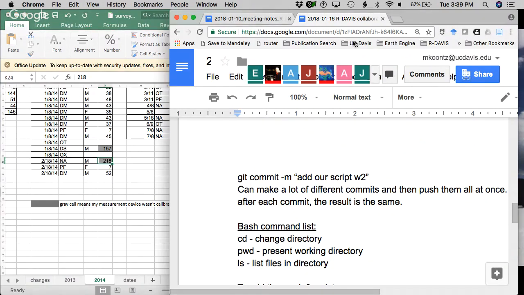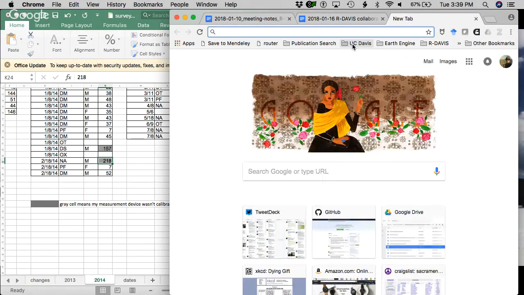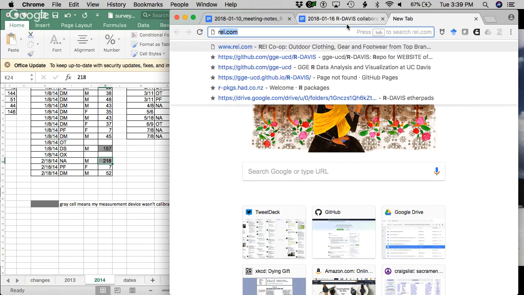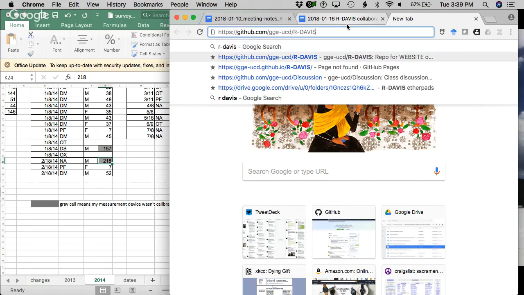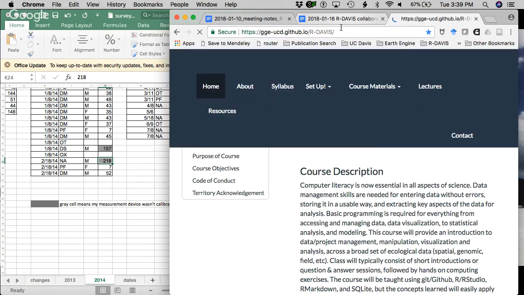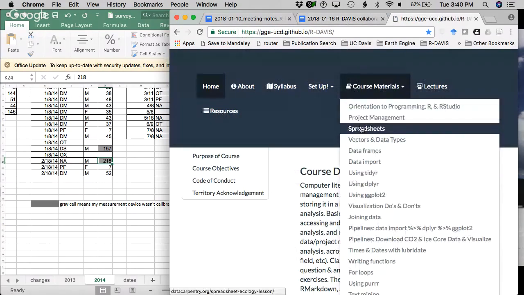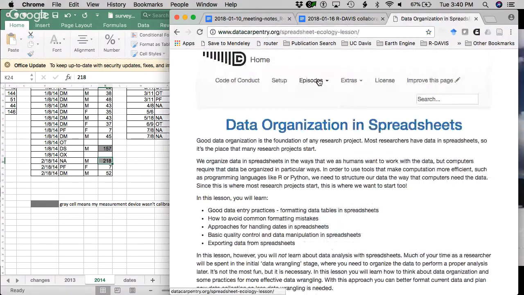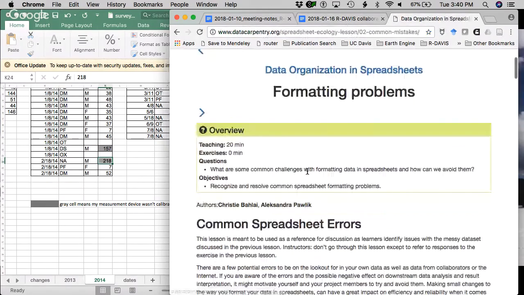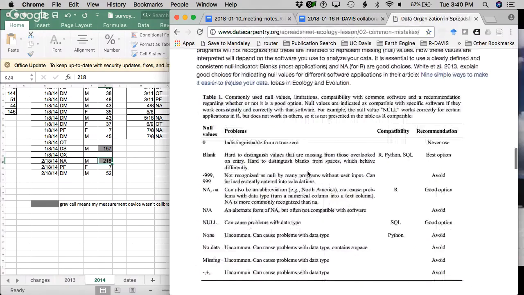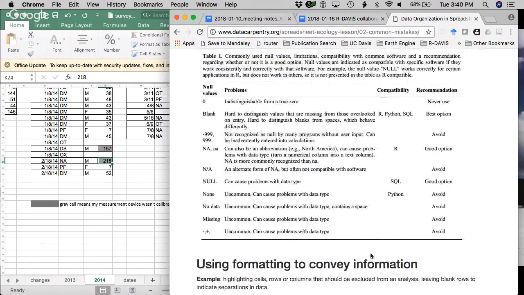In fact, I think it's on this spreadsheets lesson. Missingness, right? So here's a great table that summarizes all of the issues with some cells being blank,